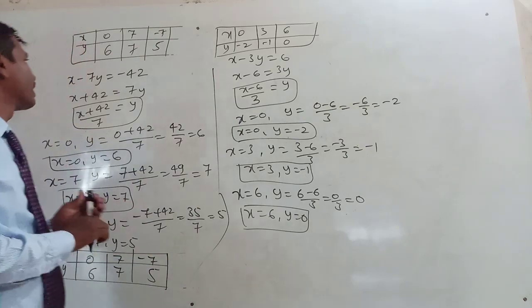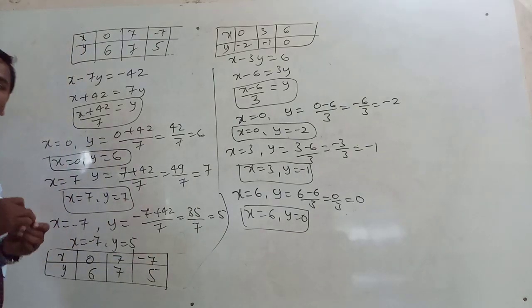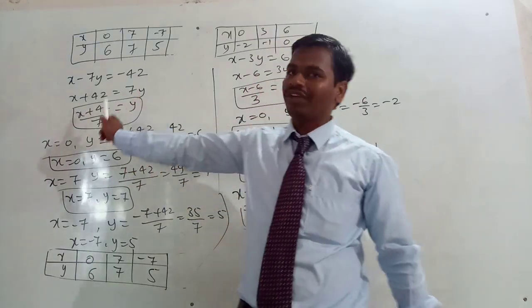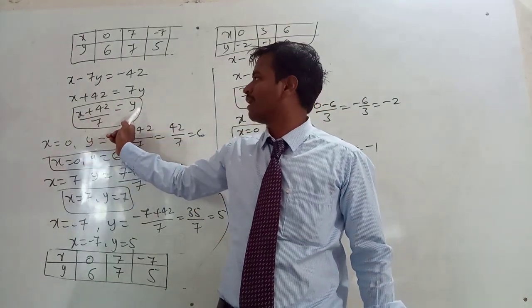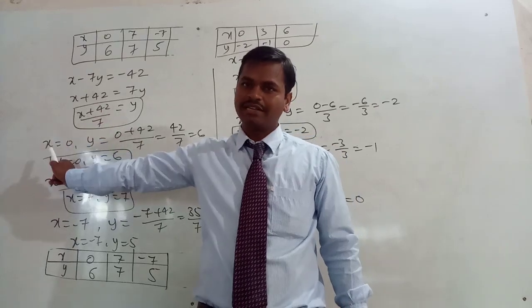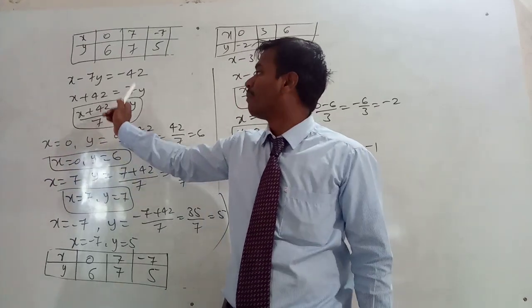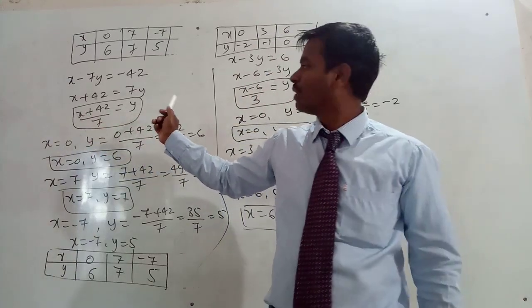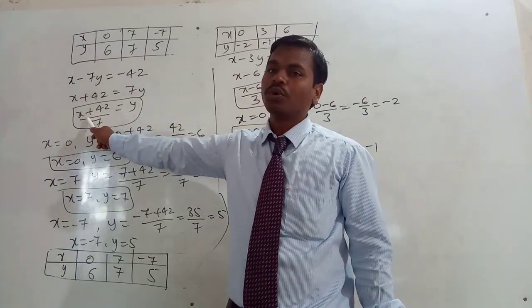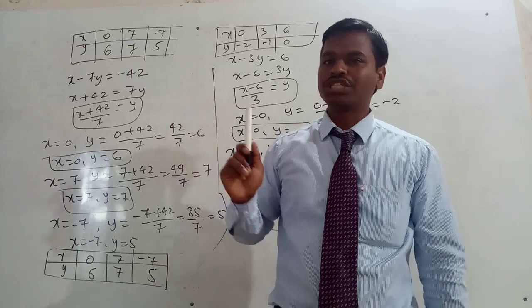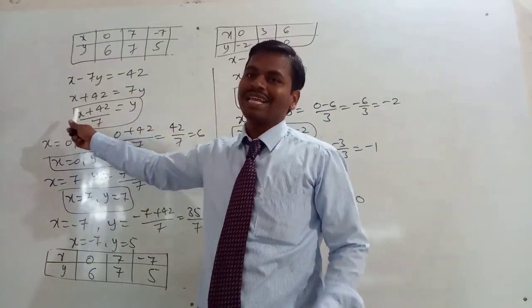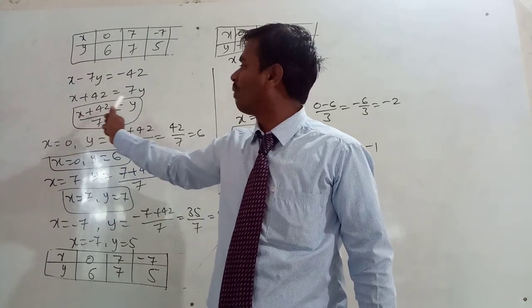First, what we are doing? We will substitute in terms of one variable. We are writing y in terms of x. Only y is on one side, remaining all the terms on the other side. In this case, by substituting the x values, for example, x is 0, x is 1, x is 2 like that, we can find y values here.